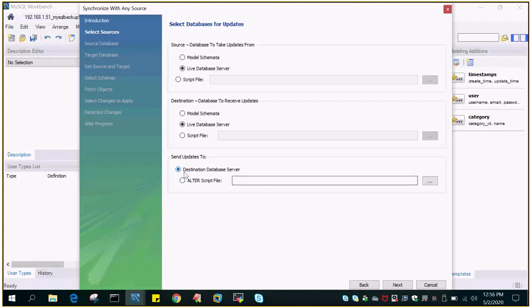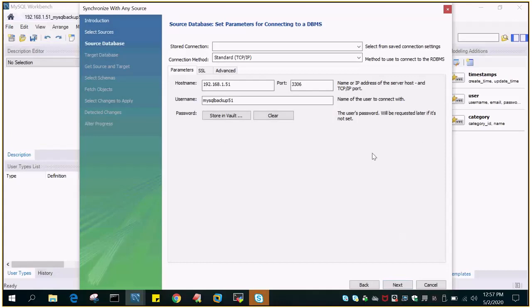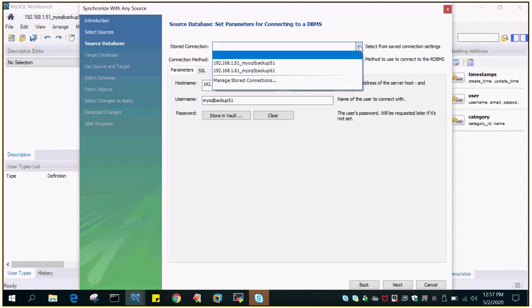What we are saying is destination database server. So apply whatever changes you are finding in terms of the difference between the two database servers, just apply it onto the target environment. Just press next, and here it is asking for the source database set parameters for connecting. Either you manually feed in, but we have created a connection string, so just select this